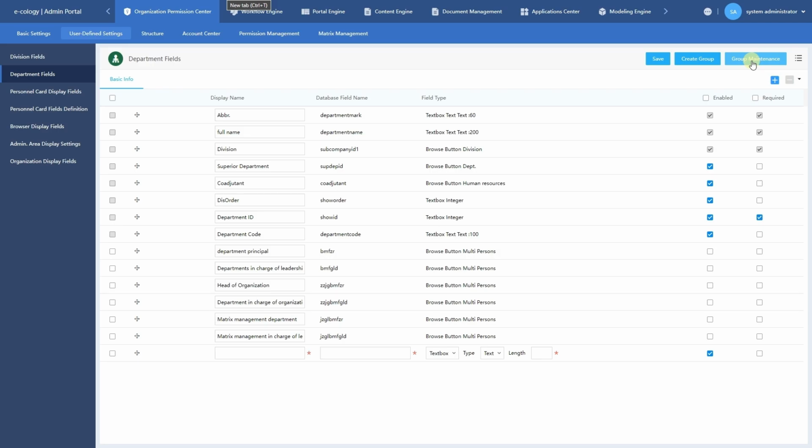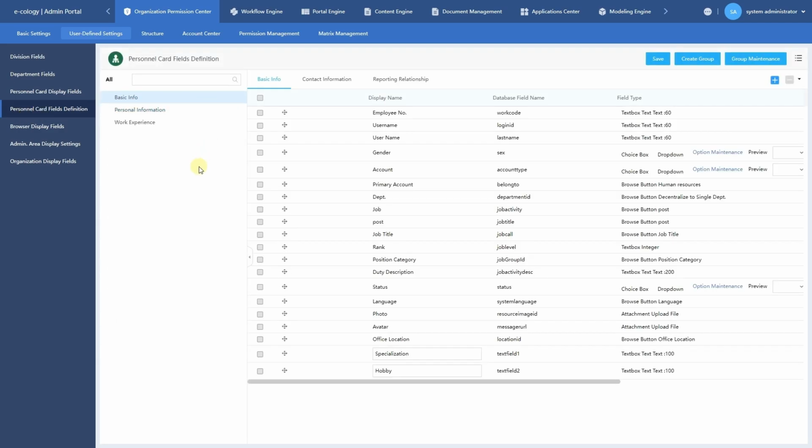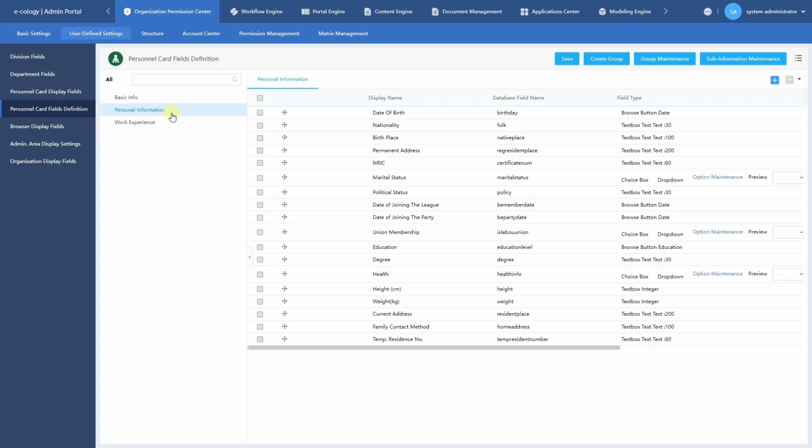Now, let me show you how you can add more fields to the personnel card. Select personnel card field definitions in the side navigation bar. Then you can see there's a navigation pane on the right side of the page. So these are the selections in the top menu bar of the personnel card. So how can we add fields to the personnel card? For example, if I want to add fields in the personal information page, I can select personal information in the navigation pane